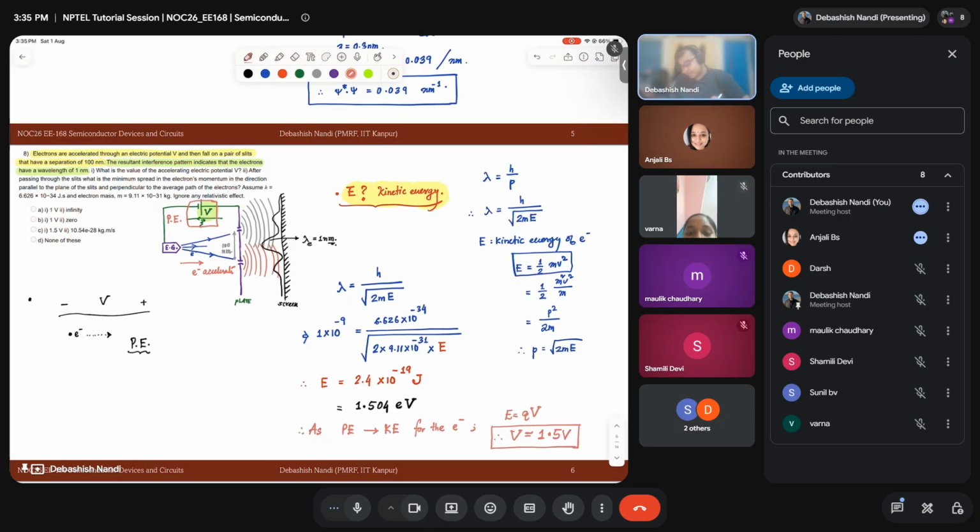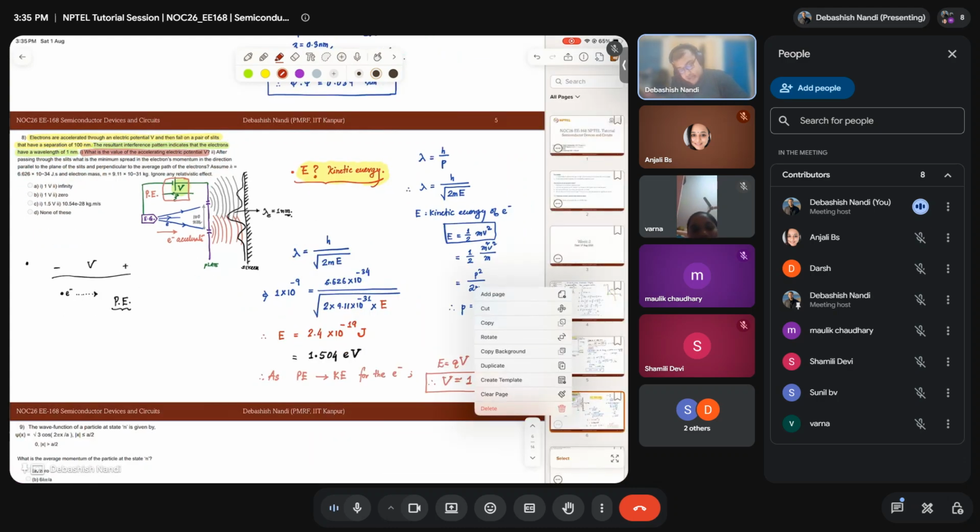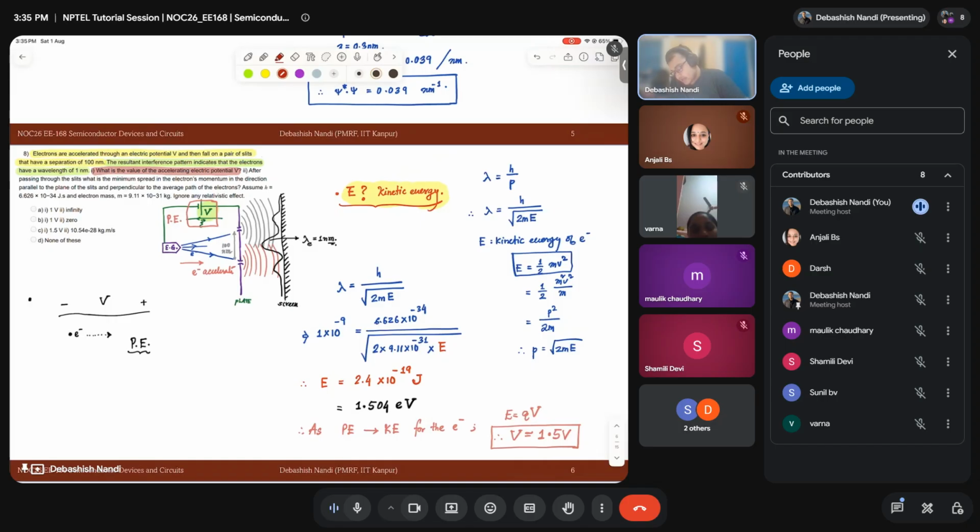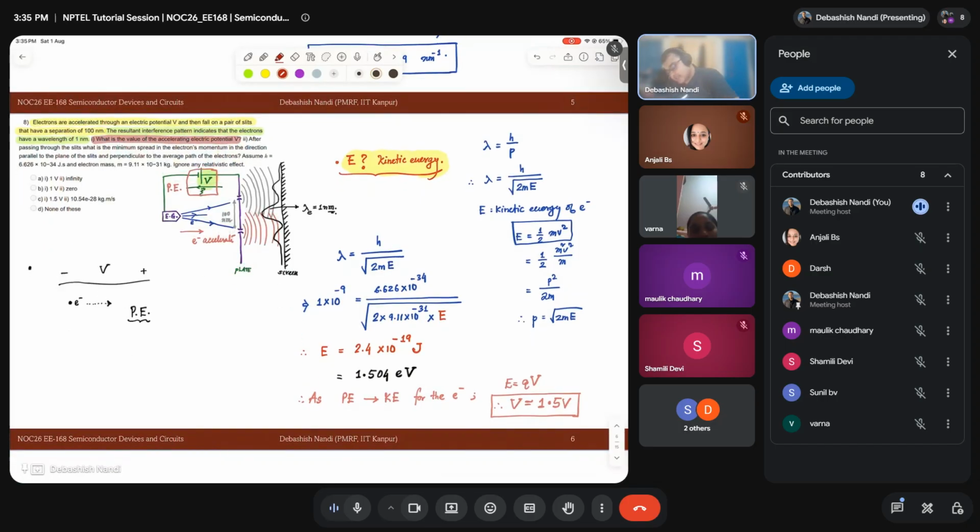Okay. Yes, sir. So, okay, voltage I have found out. So this part of the question is done. So what is the value of the accelerating electric potential V? Let me just add a page. Yeah. Then the next question is,